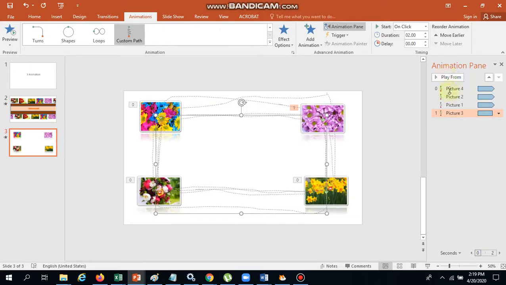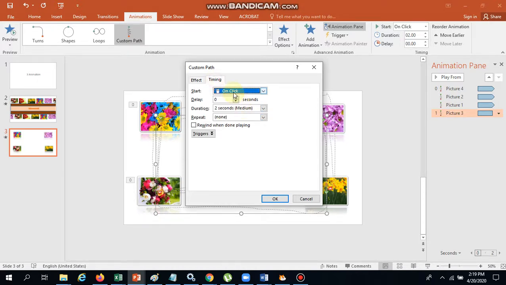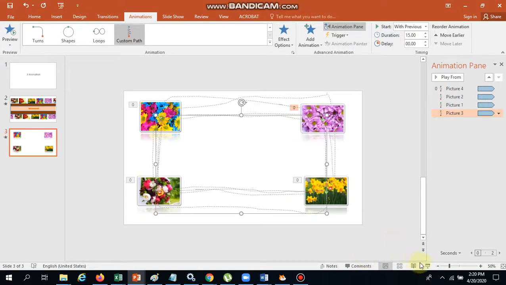After that, choose that specific picture, right click, Effect Options, Smooth Start and Smooth End from the beginning, Timing with previous, for 15 seconds, repeat until end of the slide. That's it. Let us run this.